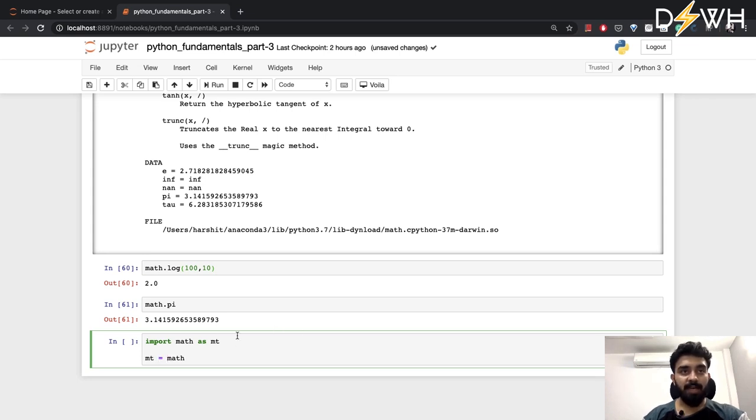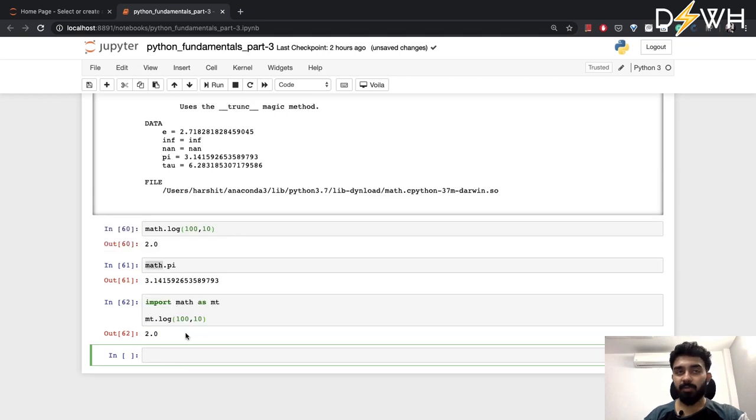So let's say I simply do import math and I do np equals math, so the as keyword is equivalent to that. I have simply abbreviated the math name as np so that I don't have to write math.log or math.pi. Instead I can simply use np.log(100, 10), and it gives me the value.